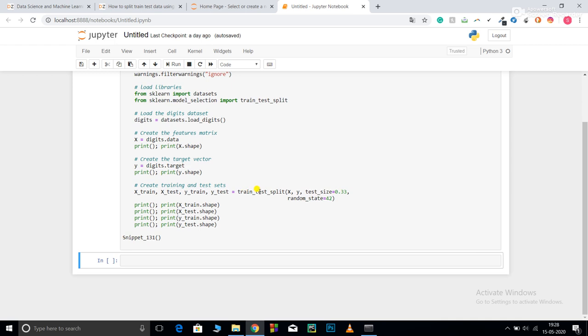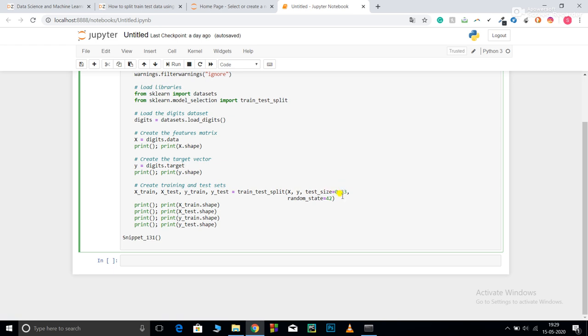After that, I'm using the train test split function of sklearn for splitting x, the feature matrix, and y, the target vector. It takes many parameters as input. Over here I'm giving x, the feature matrix, y, the target vector, and the test size. So what is test size?